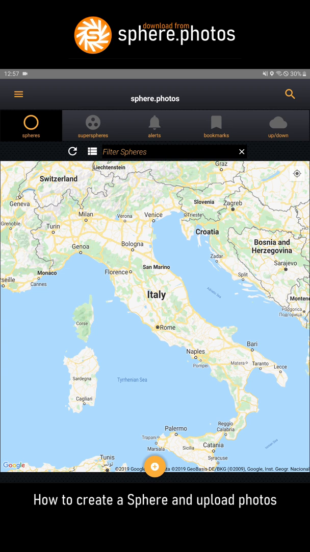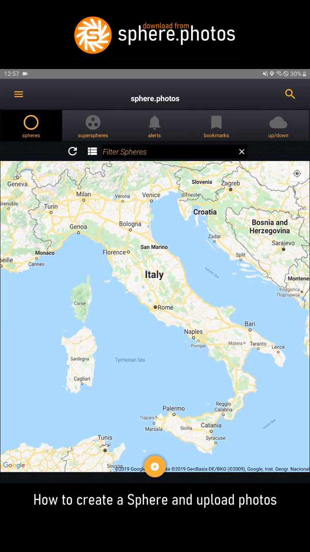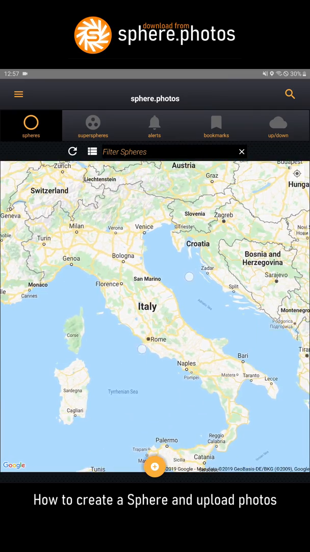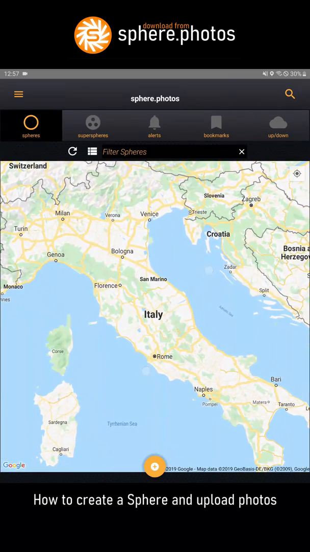So once you have logged in, you will see the map screen. The next thing I need to do is to find Stelvio on the map. I can try and do this manually by moving the map and pinching and zooming to try and find Stelvio, or I can get the application to find the exact address for me. To do this, press the magnify button on the top right hand corner,